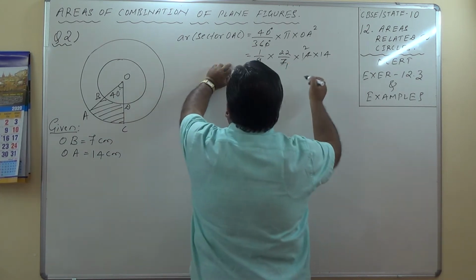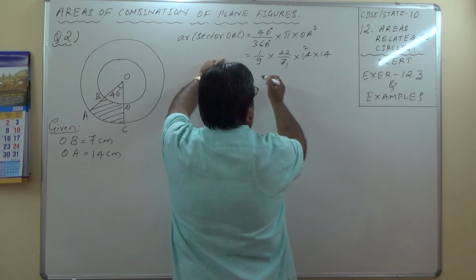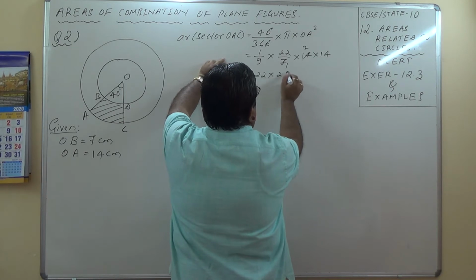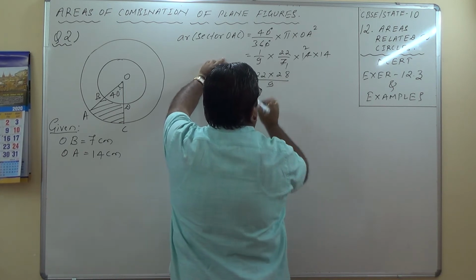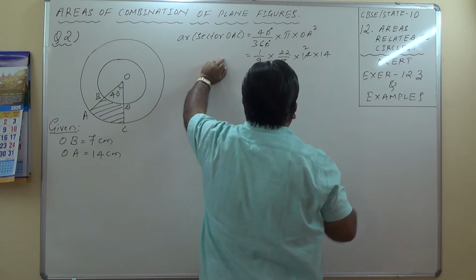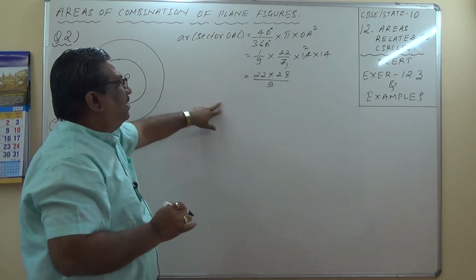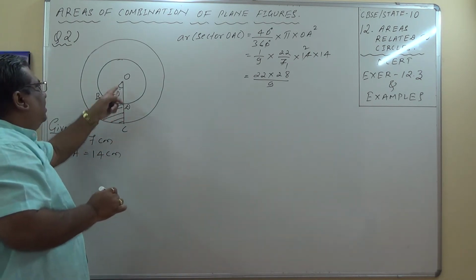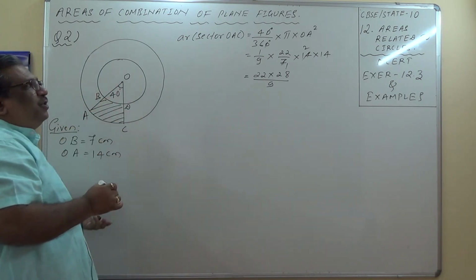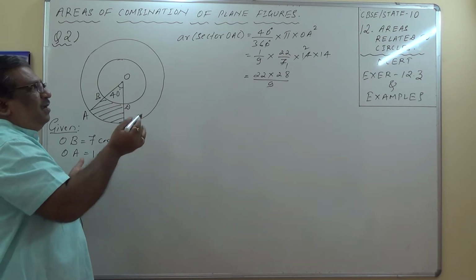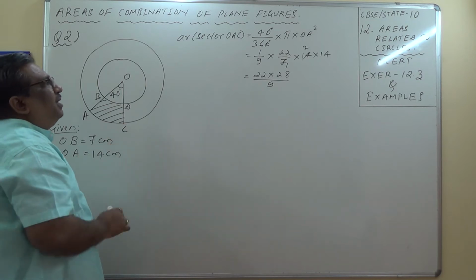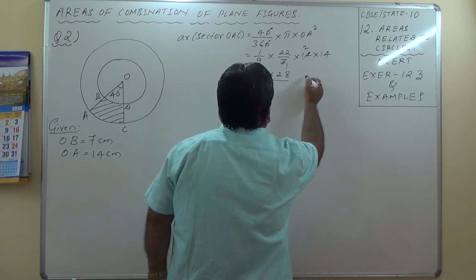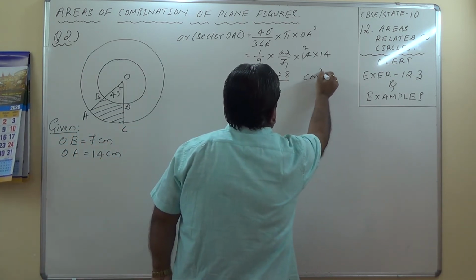Let me keep it as 22 into 28 divided by 9. We'll keep it as it is. Let us see if further simplification is required, we'll do that. Probably in OBD also I may end up with 22 there, and probably I may be able to take a common factor, or you can multiply also. Okay, let us keep it. This is in square centimeter.